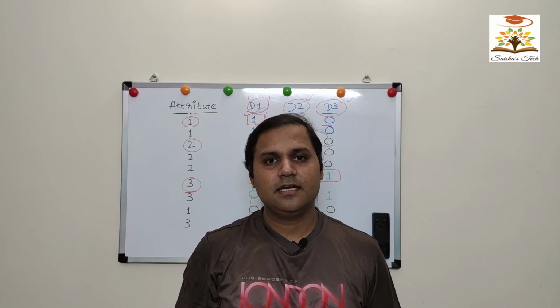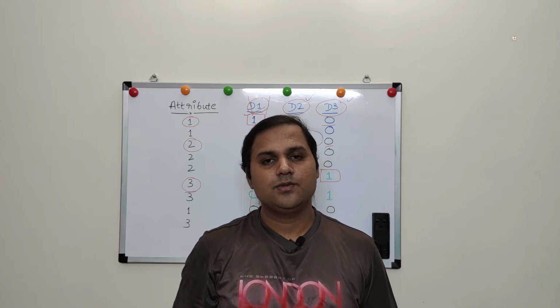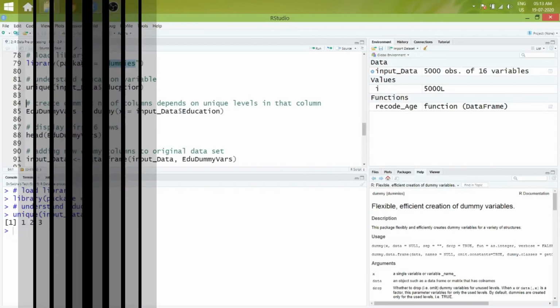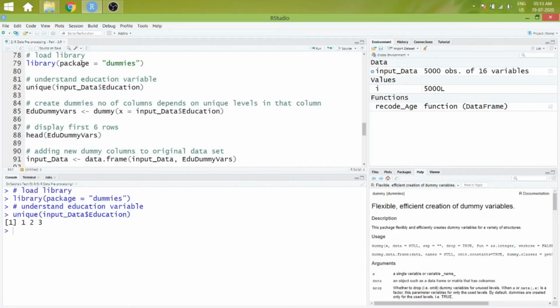Now let us understand the practical approach using RStudio. Dummies is the package which is helping us to convert categorical variable to numeric variable. In line 82, we are extracting the number of levels in education variable. Here we can observe we have 3 unique levels in education, that is 1, 2 and 3.